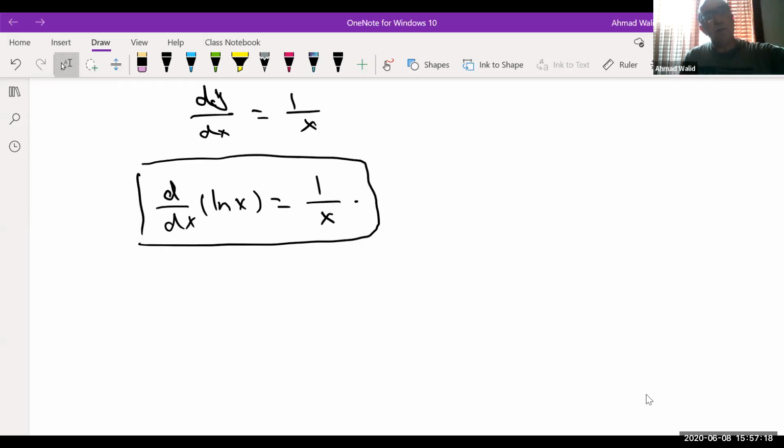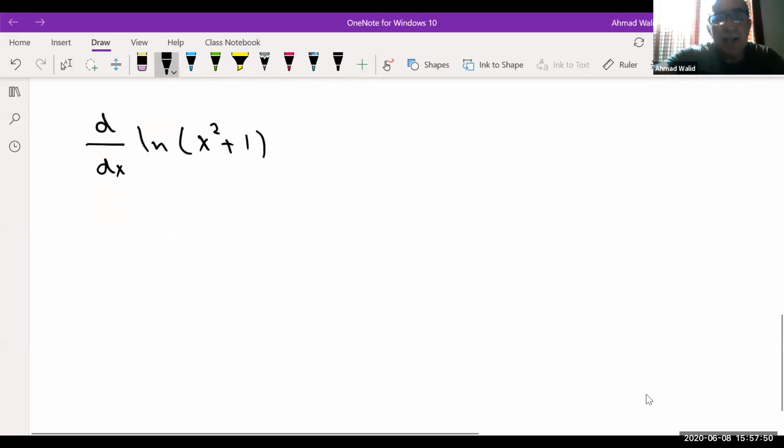Now, when you solve problems, usually, sometimes you deal with 1 over x or ln x, but sometimes they give you a problem like this. Find the derivative of ln of x squared plus 1. Here you cannot apply immediately this formula because here you don't have an x. Actually, your x is another function. You have the ln of a function, correct? Now, I'll give you